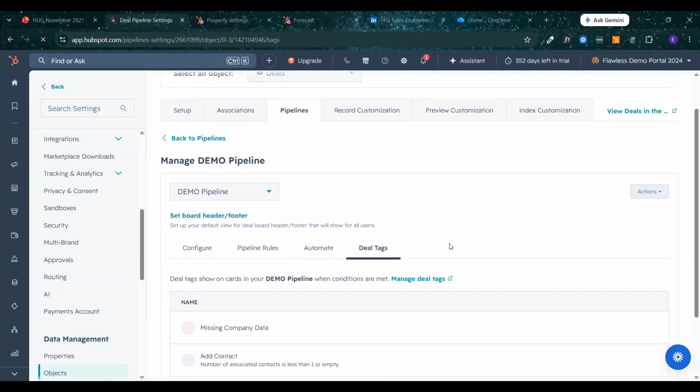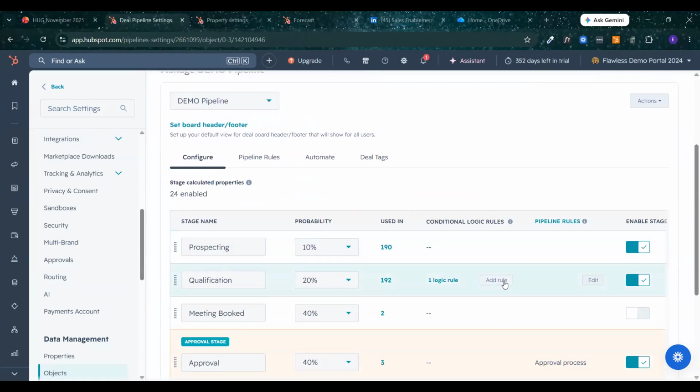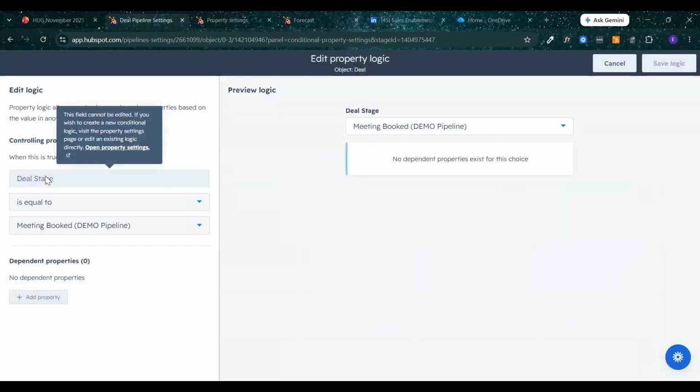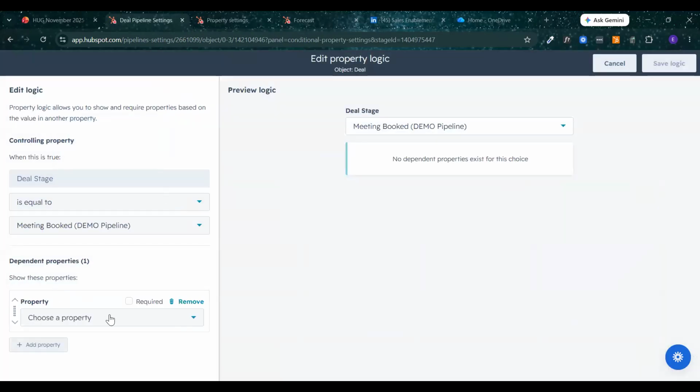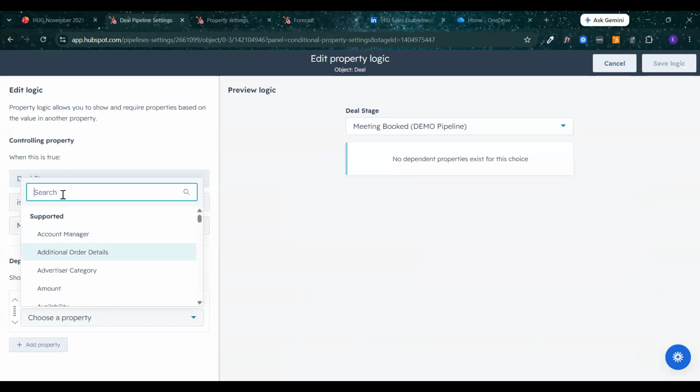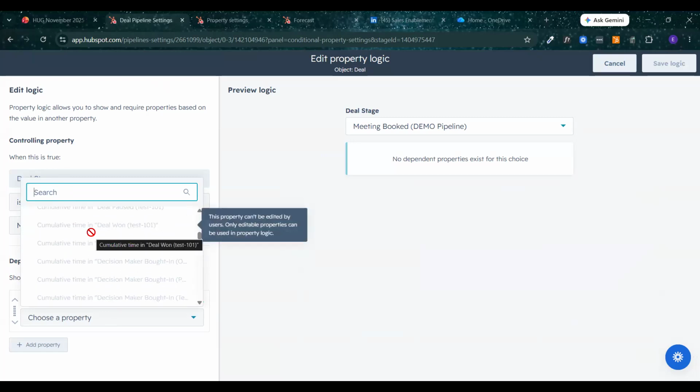We will talk about deal tags. You'll notice something when we were talking about required fields, and that is that you can only set up the required fields on your, so we'll go here, I'll go add rule. Okay, so when we go to add a dependent property, what comes up here is deal properties. And we get this question all the time, which is, I need a company property to be filled out when the deal reaches X stage.